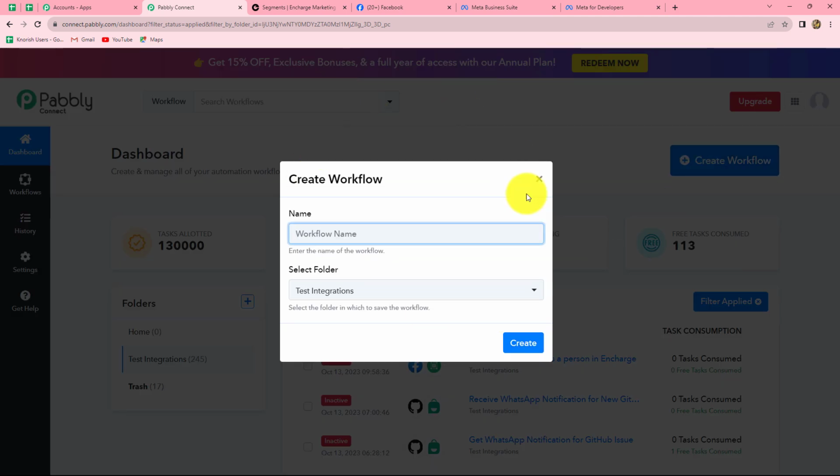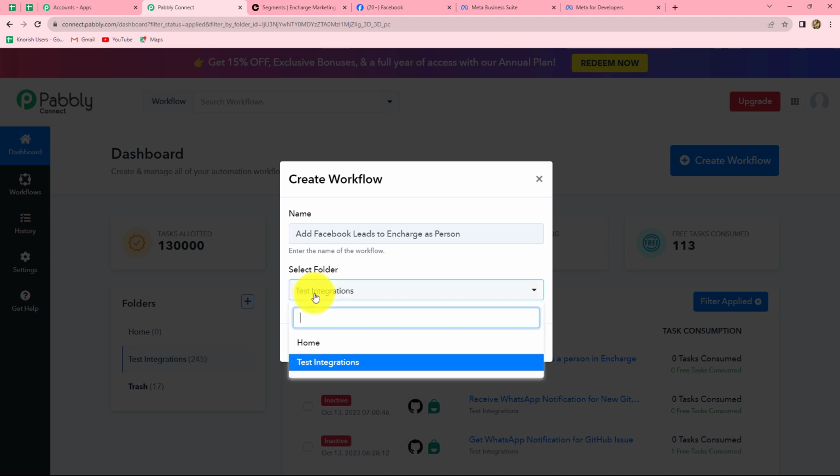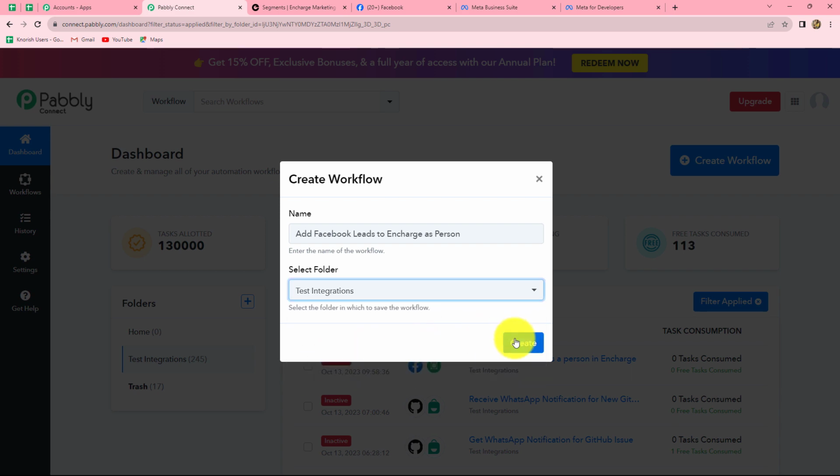So let's click on it, and a dialog box will appear in front of us. So it is asking us to provide a name to this workflow. So let us first of all provide the name. And I have given the name as add Facebook leads to Encharge as person. Okay, so you can give any name to your workflows according to your choice. Now after giving the name, we can also select the folder in which we want to save this workflow. So here from the drop down, I have selected the folder as test integrations, and now we will simply click